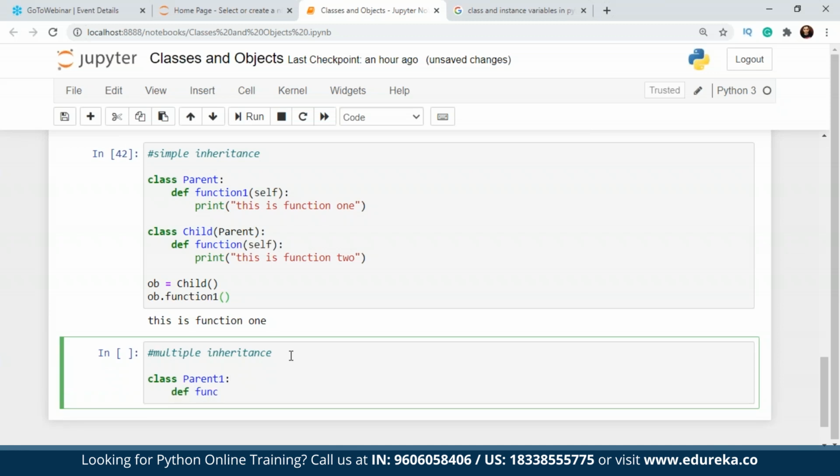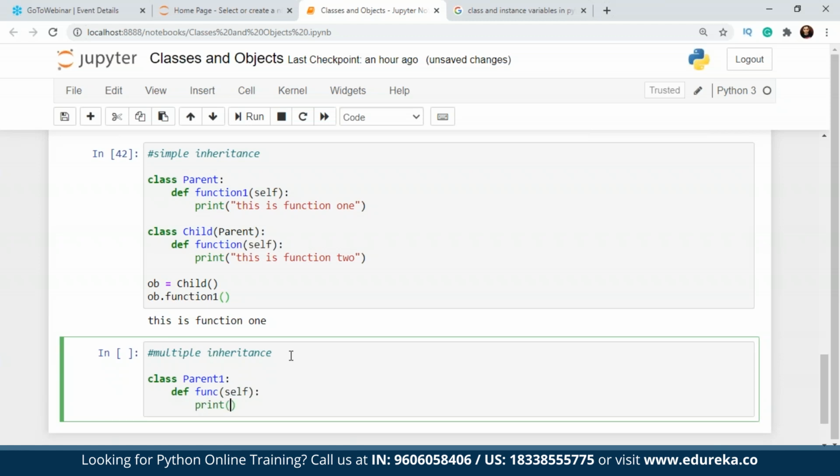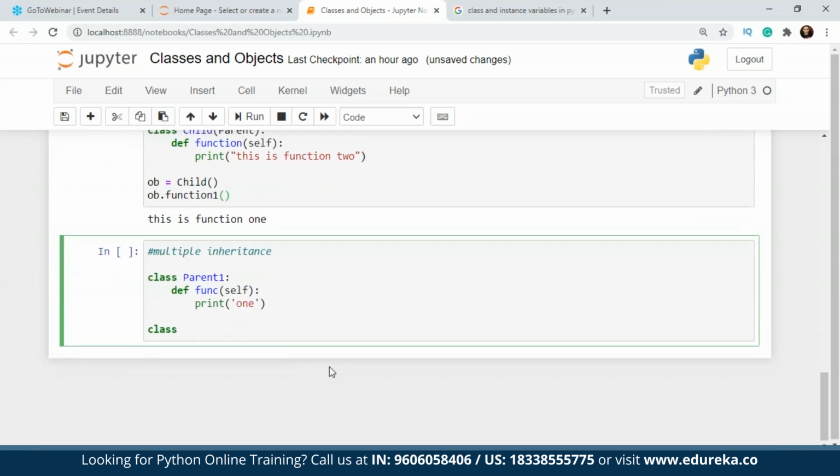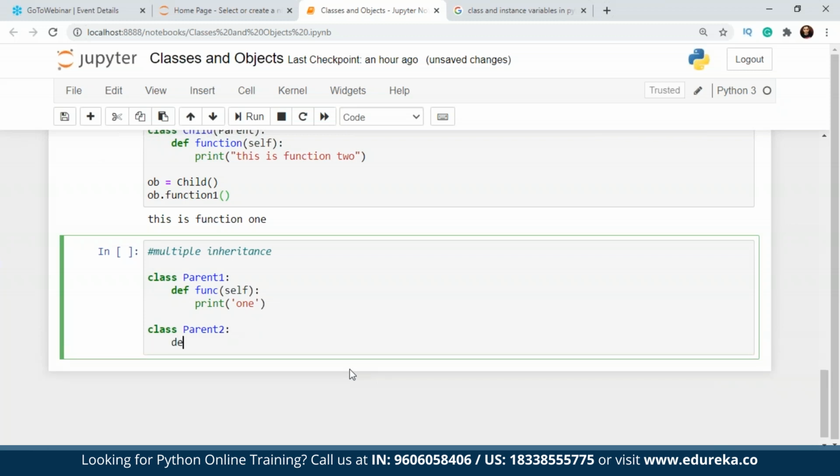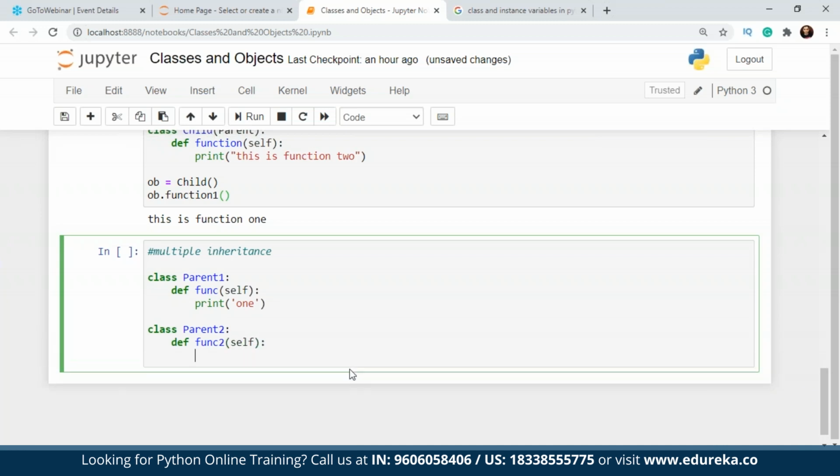Now let's just define a function and we'll just print 1 here, and after that let's just take one more class that is going to be parent 2. Here we'll just print 2,